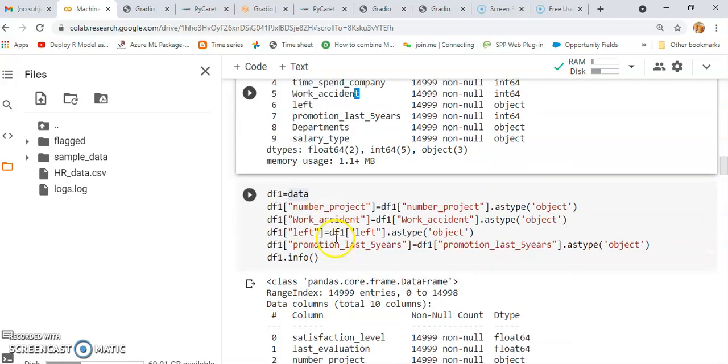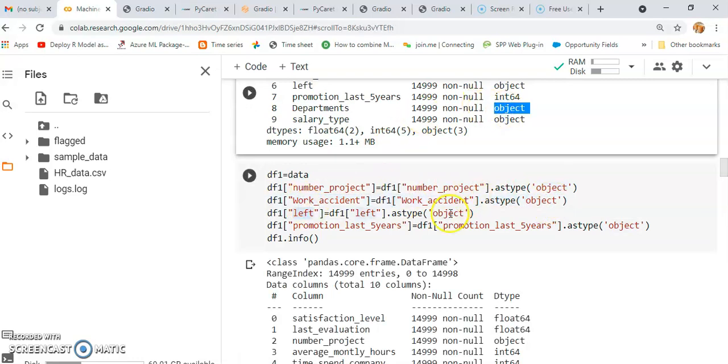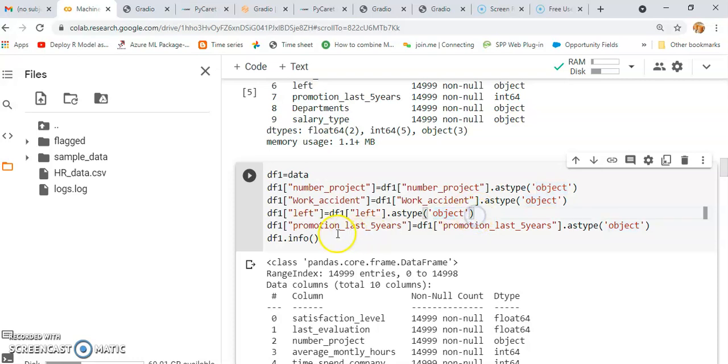So I'm doing the data engineering in the next cell. I just rename this data file to df1, and number of project is equal to number of project dot astype object. By this command number of project will change its data type into object. Then work accident is also going to change to object. Left is already object, so no need to write it, but I have written it here.